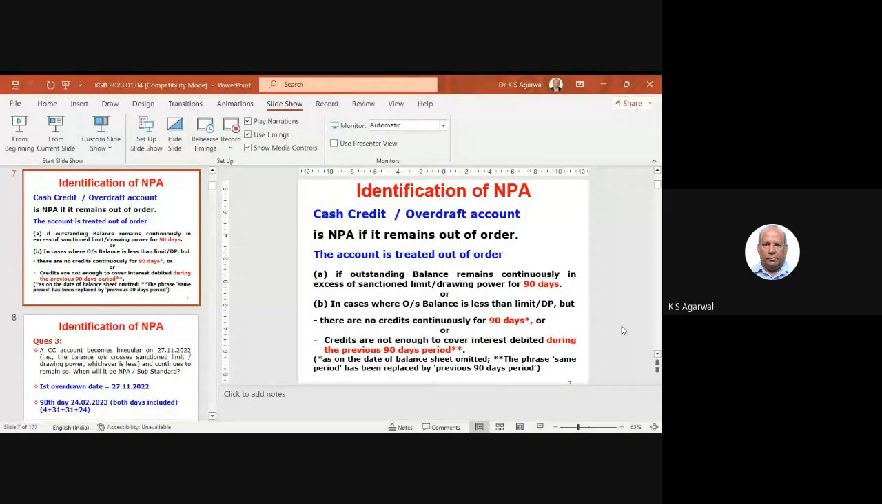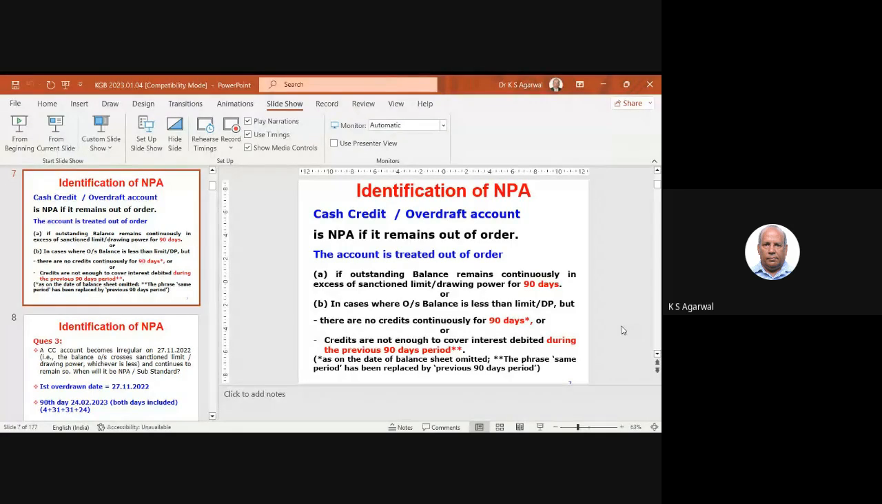Now, as against a term loan account, we can have a CC account or overdraft account, which are in the nature of a running account. Multiple credits, multiple debits. So for this, the criterion is different. A CC or OD account is NPA if it remains out of order. If it is out of order, then it will become NPA. So when it is out of order,